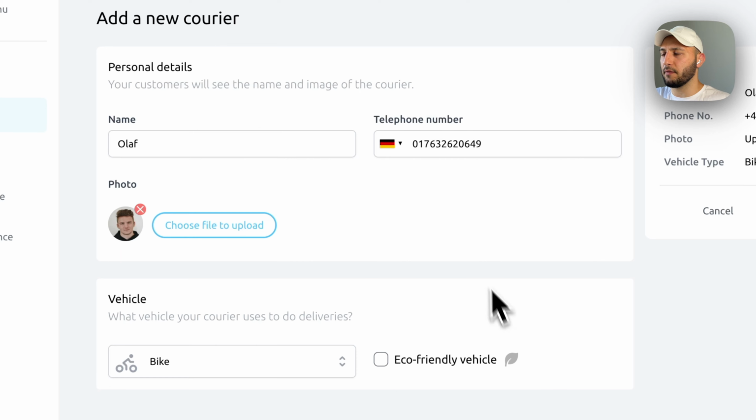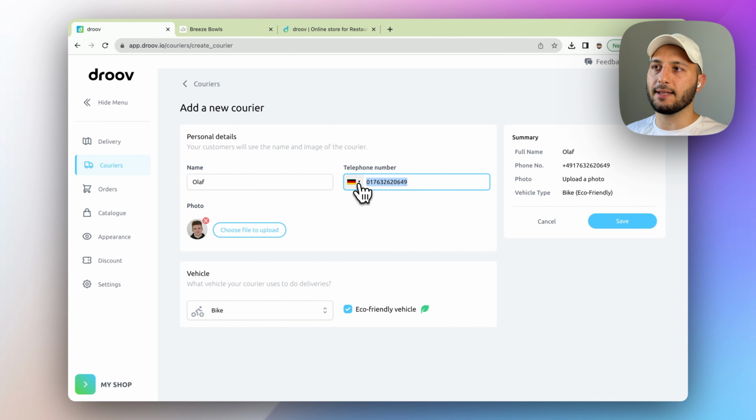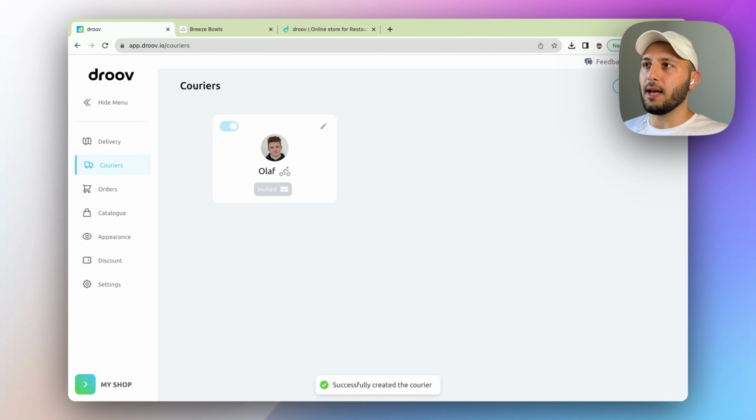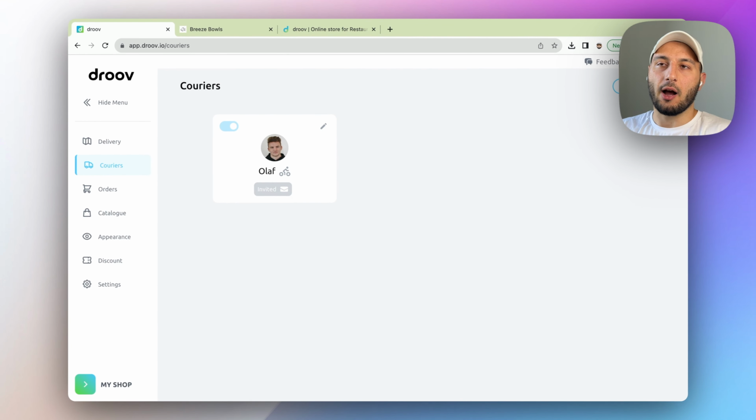So here is our Olaf, and Olaf uses a bike to deliver, and that's an eco-friendly vehicle. Once I click save, Olaf is going to receive an SMS on this phone number inviting him to download the Droove restaurant delivery app. Here we go. Let me switch to the phone and show you the actual SMS. I'm going to be pretending to be Olaf for a while